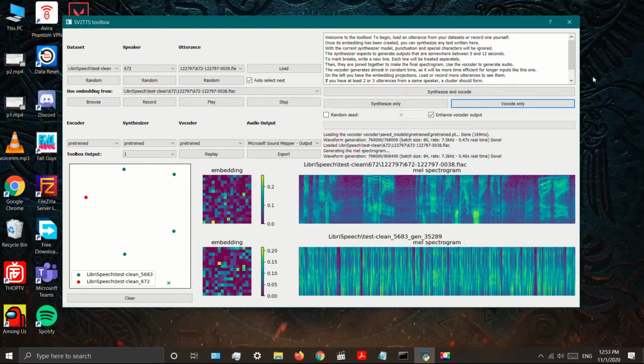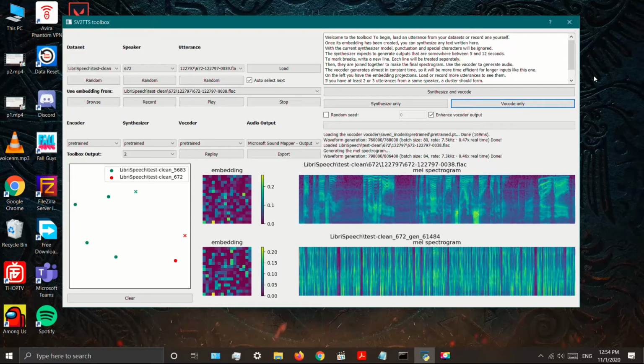Welcome to the toolbox. To begin, load an utterance from your datasets or record one yourself. Once its embedding has been created, you can synthesize any text written here. With the current synthesizer model, punctuation and special characters will be ignored. The synthesizer expects to generate outputs that are somewhere between 5 and 12 seconds. To mark breaks, write a new line. Each line will be treated separately.